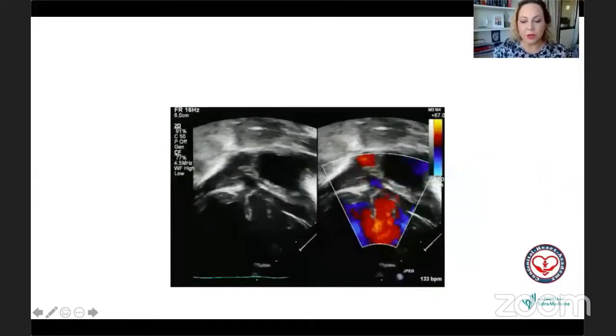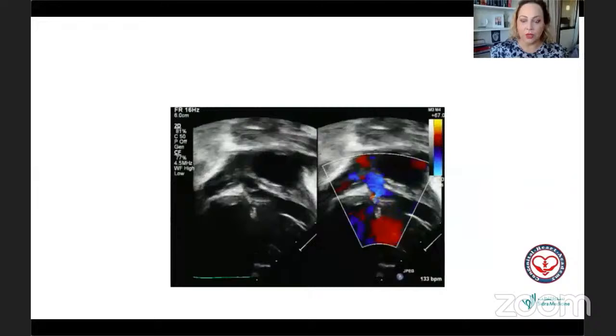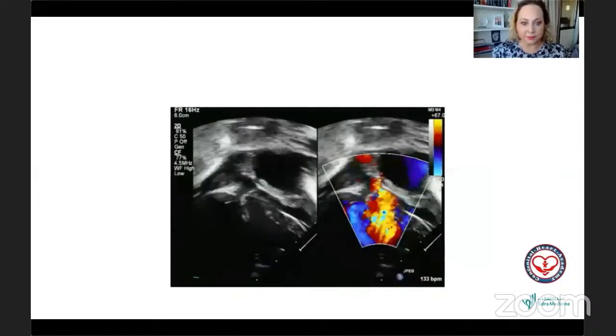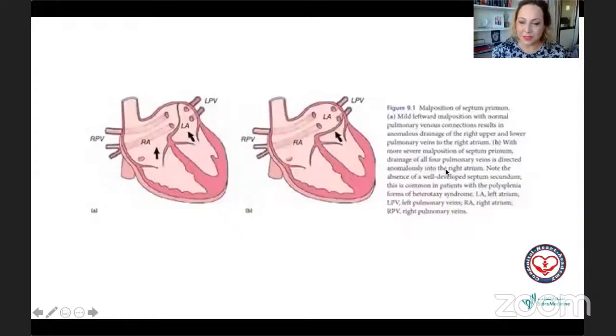Here we could see on the echo that we have a patent aortic valve and a good anterograde flow from the LV to the aorta. Here on the CT scan, we could see the same thing, that the LVOT was patent. This patient had something interesting as well. It seems like his interatrial septum was attached on the free wall of the left ventricle, excluding the flow from the pulmonary veins to the mitral valve. So all the pulmonary veins were connected on this chamber on the top of the left atrium, and had no connection with the lower part of the left atrium.